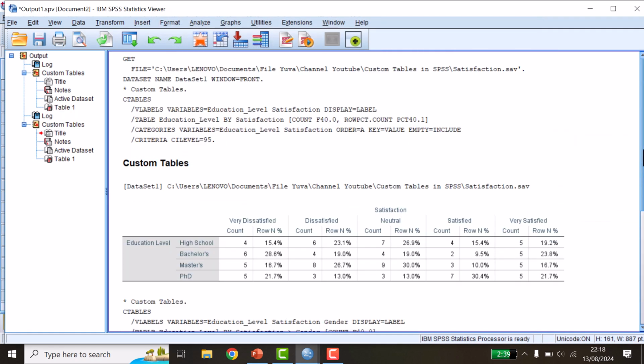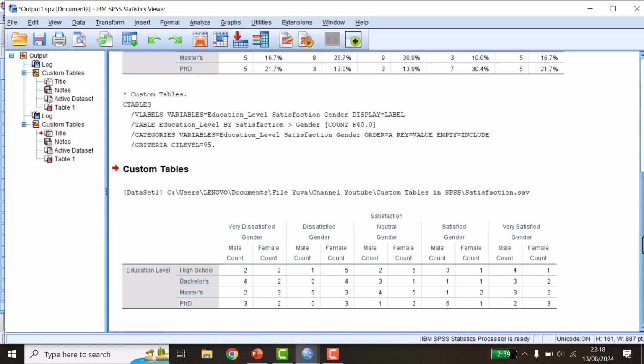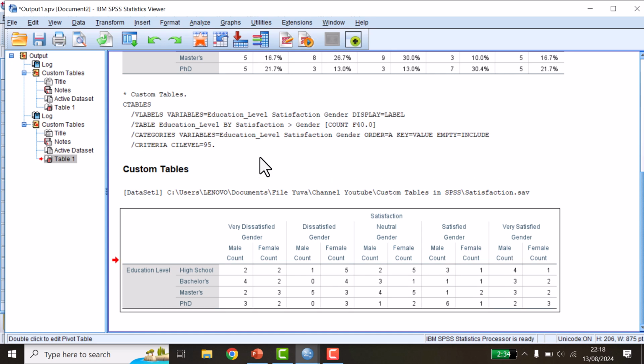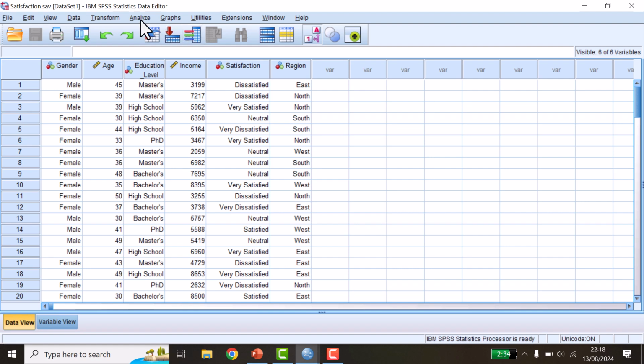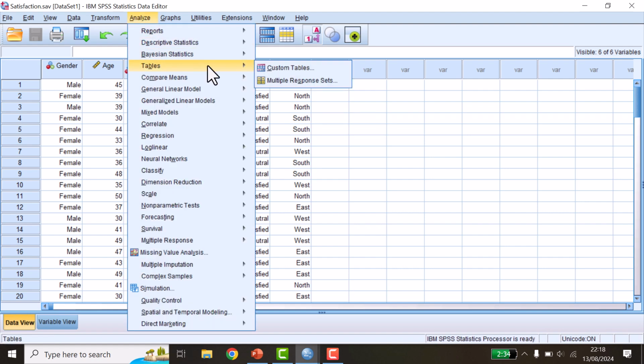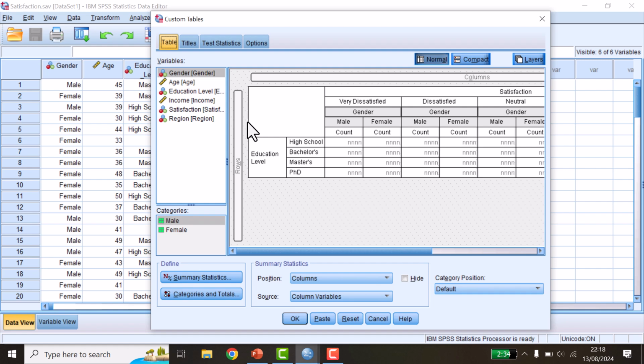Great, now you have layered tables for multi-dimensional analysis here, and you have people that are satisfied based on their gender, male and female, and you can also change this count to percentage format. Let me show you. Just go to analyze again, tables, and then select custom tables and click the count here